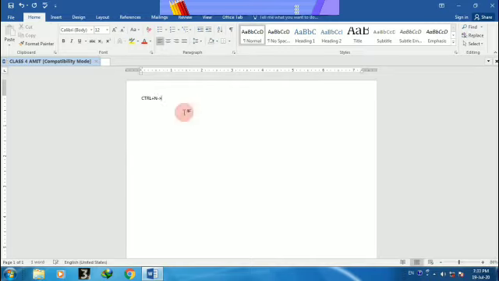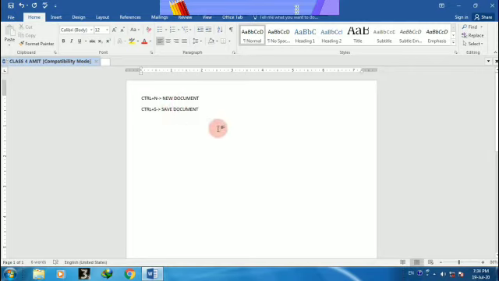Clear? And the shortcut key to open a new document is Ctrl+N. This is the shortcut key to create a new document and Ctrl+S to save your document. So students, these are your shortcut keys.